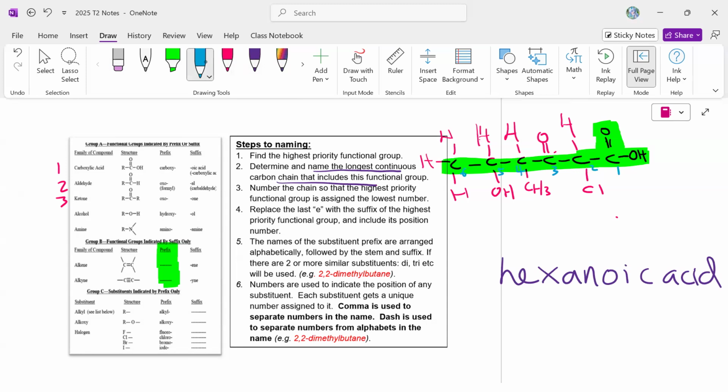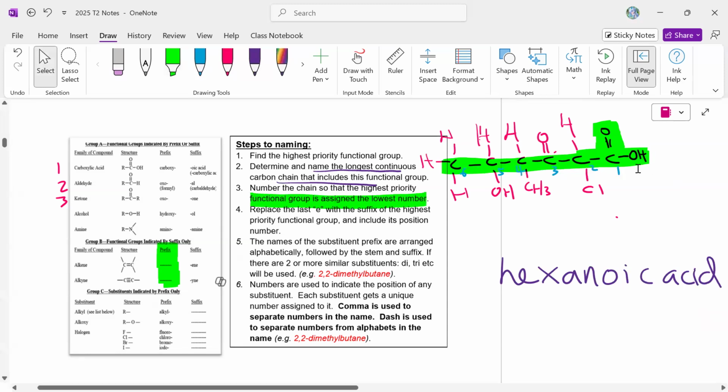When we number the chain, we have to number in such a way that the priority functional group will be given the smallest number. That's why I'm numbering from right to left. If I go left to right, it'll be 1, 2, 3, 4, 5, 6, then my functional group becomes 6, which is not correct because the highest priority functional group must be given the smallest number. So it will always be 1 for acid. Then replace the E, which I did just now. I spell the alkane, clean off the E and put in the name of the functional group,